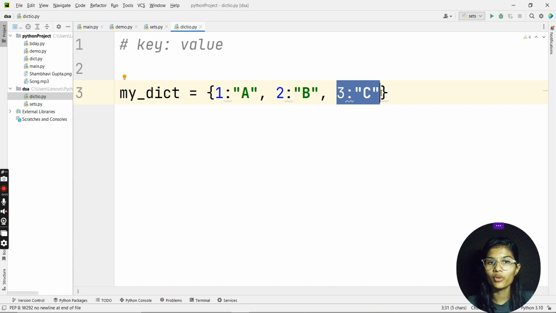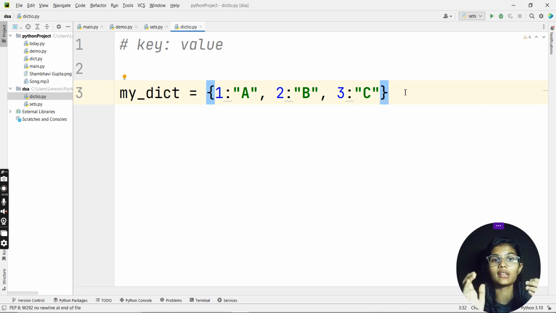So the comma before that particular comma, whatever is being written, that is your key and value pair. And always try to understand one thing. Keys are always on the left hand side of your colon. Values are always on the right hand side of your colon. So anytime you get a little bit of disturbance, or you have forgotten, you can remember it in such a manner: always left hand side is your key and right hand side is your value. So over here, I have three different key value pairs for this particular dictionary.